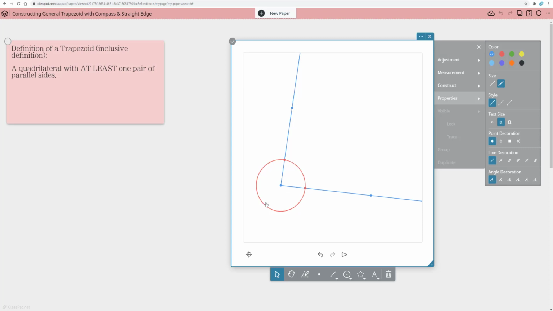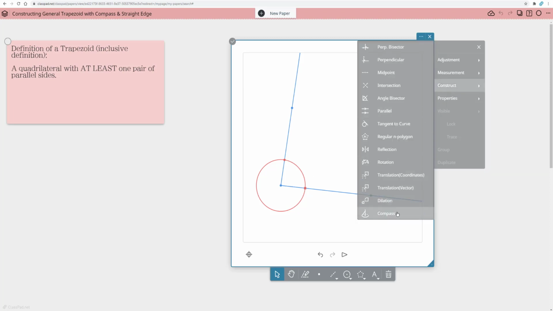So now what I want is to create an identical circle somewhere else on this adjacent side, because I'm trying to create a congruent angle to this one. So I want the same process. So with an actual compass, students would just keep their opening, their radius, the same and go up and construct another circle. In this tool, dynamic geometry ClassPad.net, I want to use a compass, meaning it's going to walk the distance here. So not a circle tool, because the circle tool can change. So I'm going to show you how to use the compass tool.